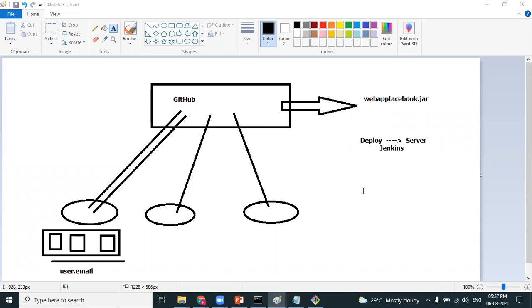Rajesh, good evening. Yeah, Sunil. Actually, we need to push this jar file to GitHub, right? From there, Jenkins will pull it, right? We'll see it soon. First we'll experience the Jenkins environment and learn how exactly we can pull it. We'll integrate Git and Maven into Jenkins so that your question will be answered. Okay.